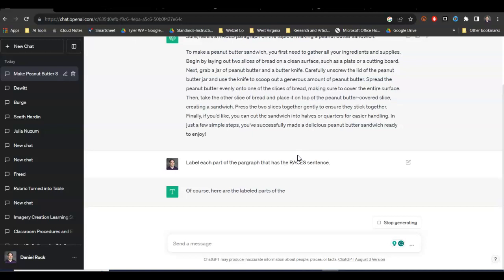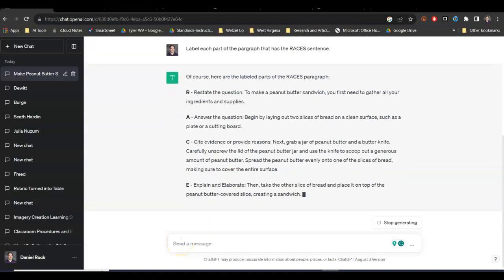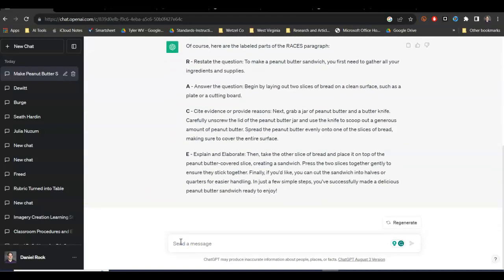And then, as it does that, I can also say, revise the paragraph so that it meets a level 4 on this